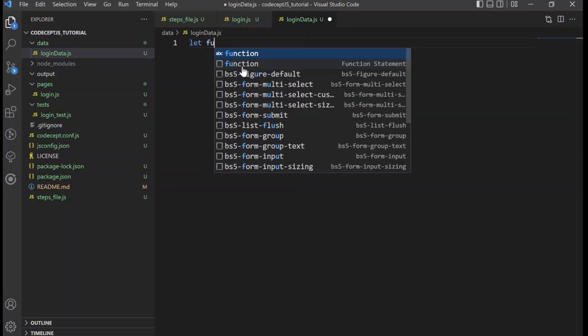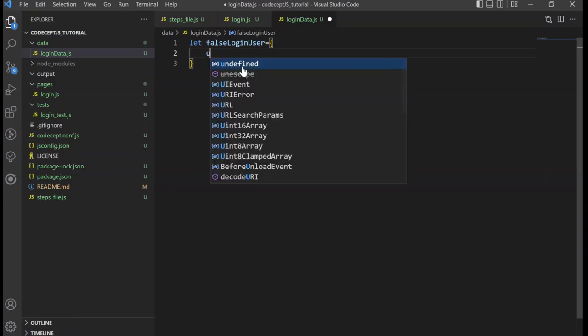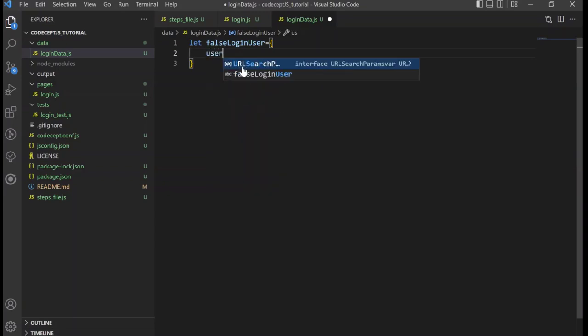For example, false login user. It's gonna be an object which will have two properties, username and password. And that user doesn't exist.